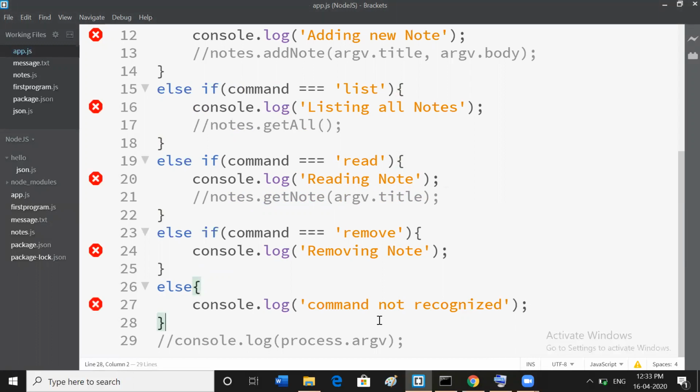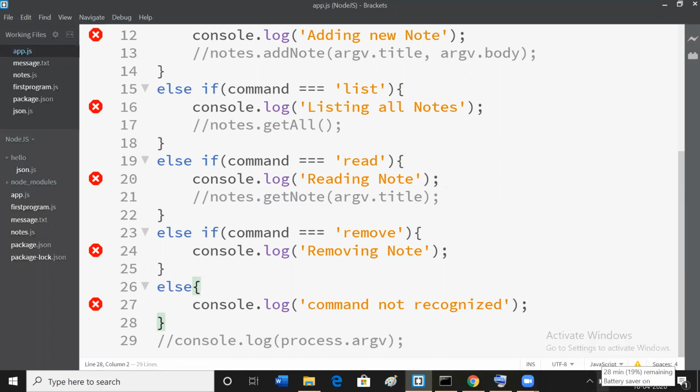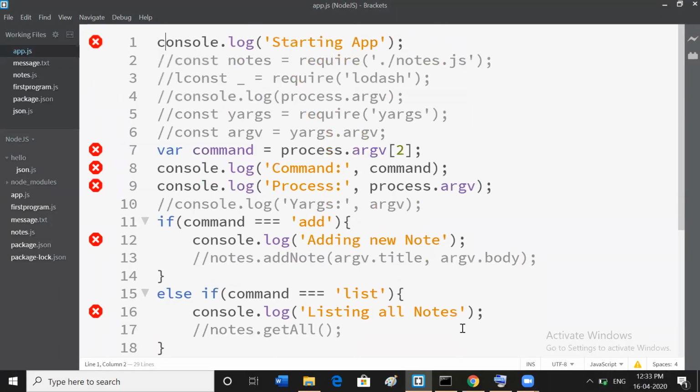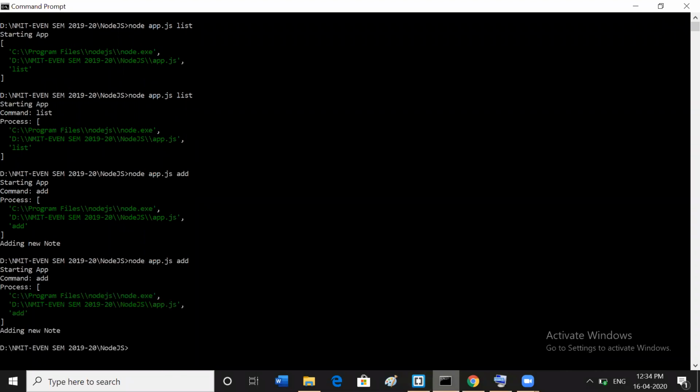Control S. Now you're going to save the program. You can execute it with respect to any command. Node app.js add, it will print adding new node.